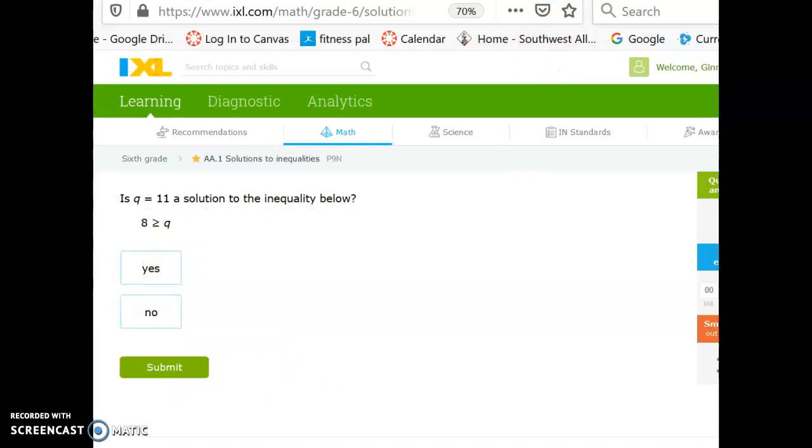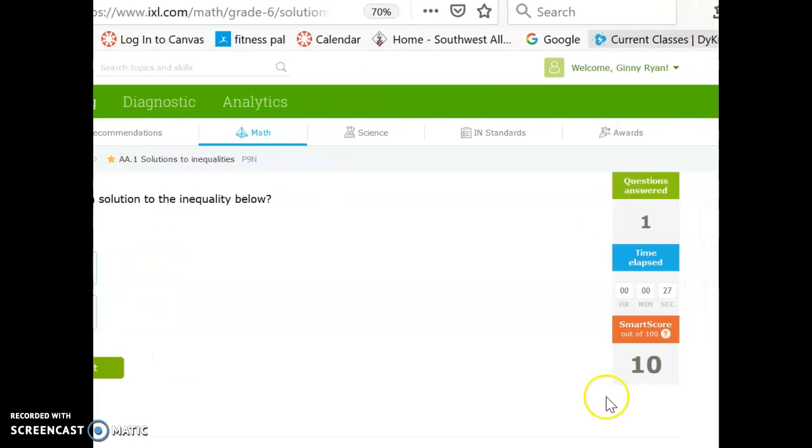Your goal as you do these is to try to get an 80 or above here. You can see that I've already done one and I got it right, and I still only have a 10%. The more you do, and get correct, the higher this will go. And again, you can do as many as you want now, and this score will keep going up. So at least an 80 or above. So 80 would be proficient, 90 would be